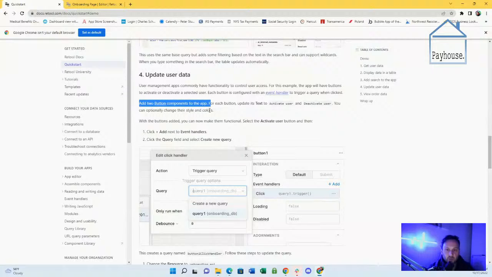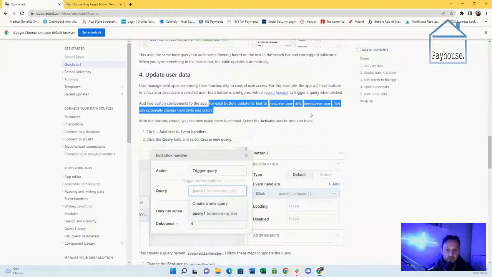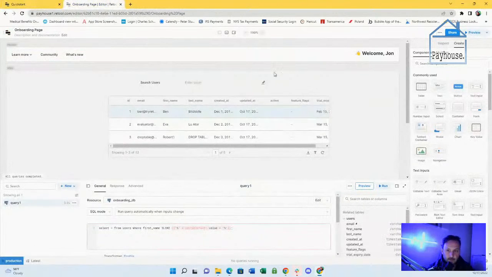Add 2 button components to the app. For each button, update its text to activate user and deactivate user. You can optionally change their styles and colors. All right, so let's add 2 buttons here.